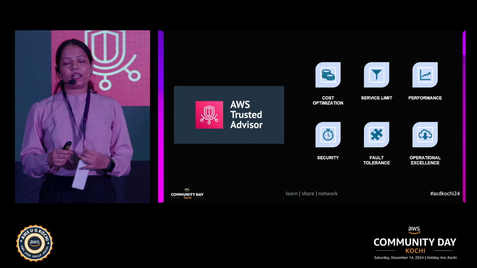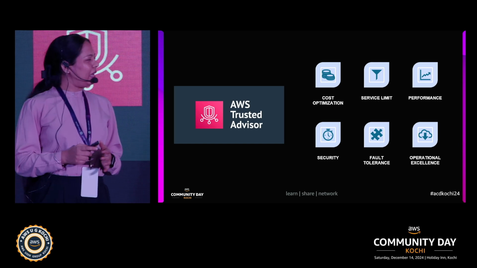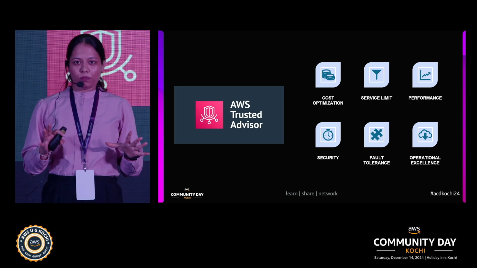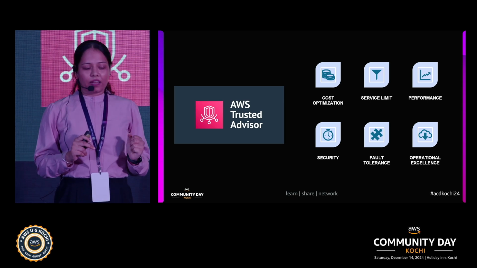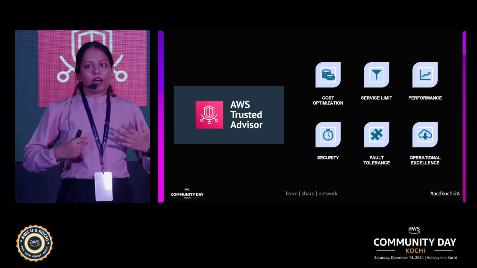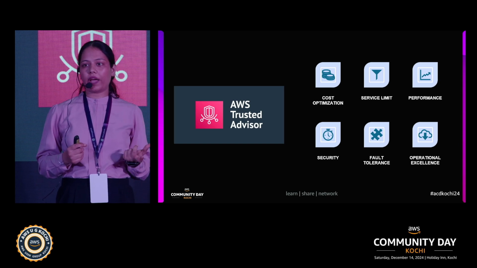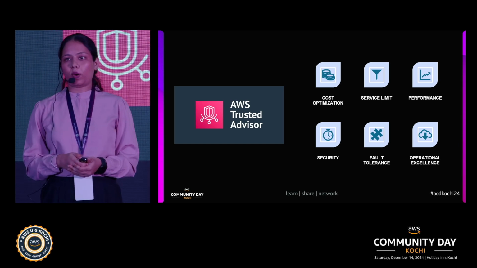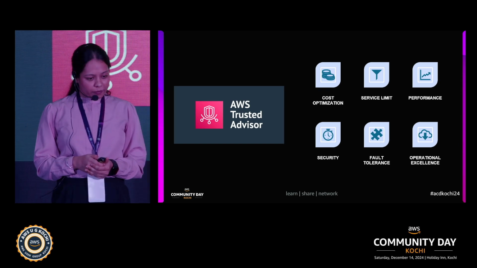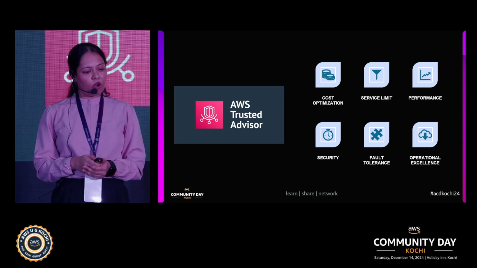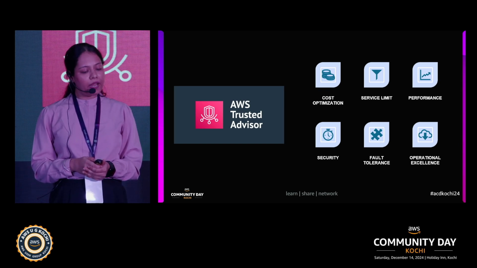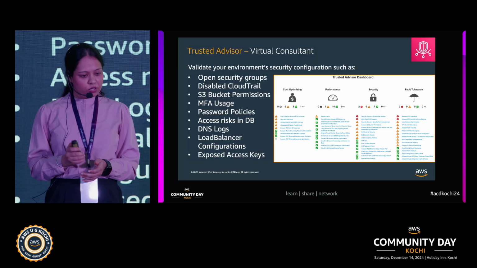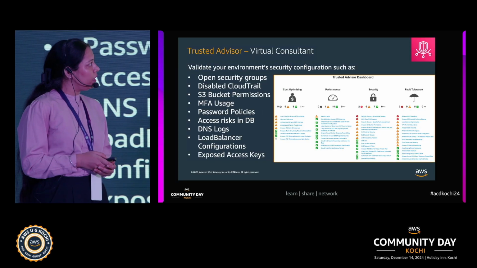Then AWS Trusted Advisor. By name itself, we could understand trust means we are trusting what AWS report is giving to us. Like what will be my spending, how I can optimize. So there are certain sections in AWS Trusted Advisor: cost optimization, service limits, performance, security, fault tolerance, and operational excellence. I know these terms will be a little vague, so I just wanted to show you this dashboard where